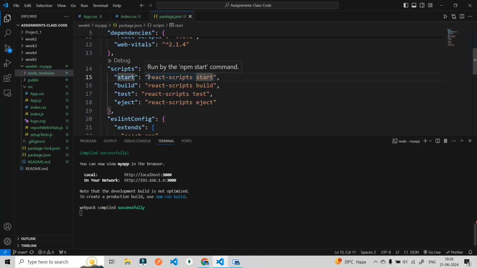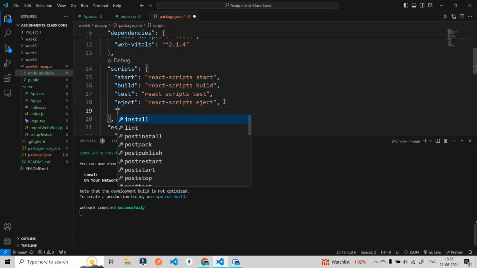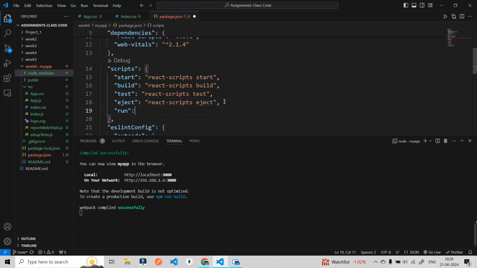So then we are actually running a start command. We are actually running npm start, but behind the scenes this particular thing will get started, and that is how it will start our React project. So now if I create something known as npm run, and paste the same thing here,